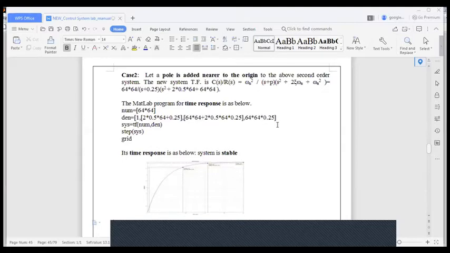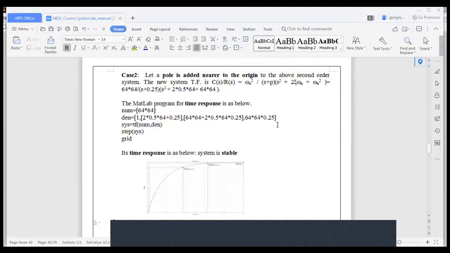So after this, next you have to get the transfer function. These commands you have already seen in the earlier case. To get the transfer function, we use the command tf. The transfer function will be stored in the variable sys. So for that, tf of num comma den, or you can give n1 d1 also as the variable, whatever it may be. Then you have to obtain the step response of the sys, whatever you have defined. Here, once you put grid in the program itself, you need not ask for grid again after you get the plot. Okay, anyway you can do.